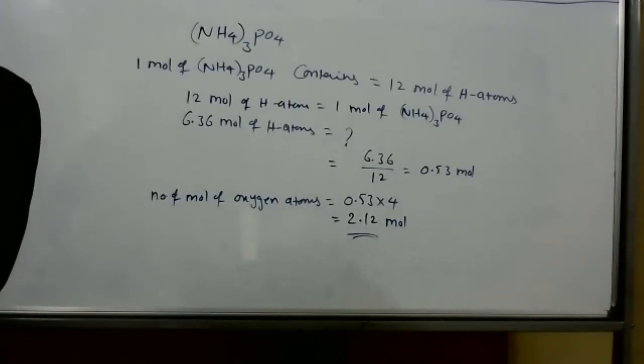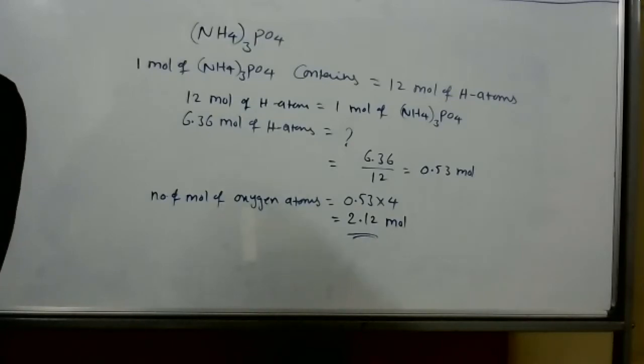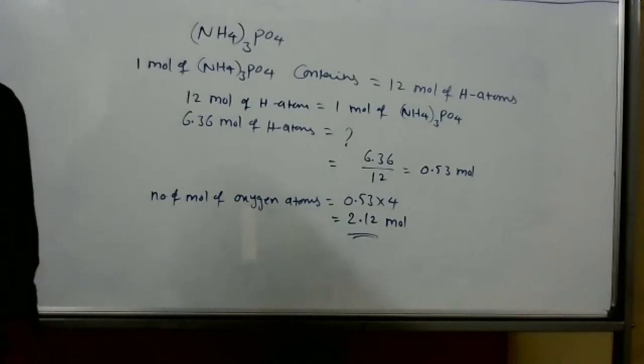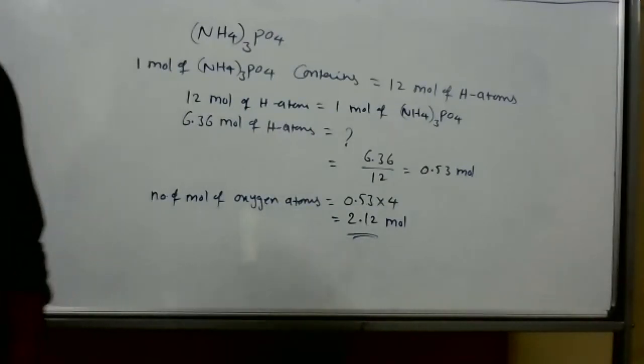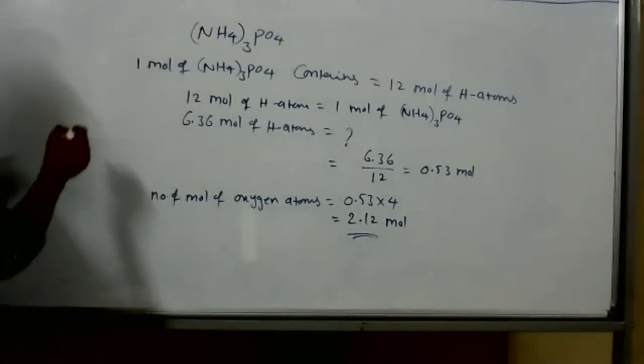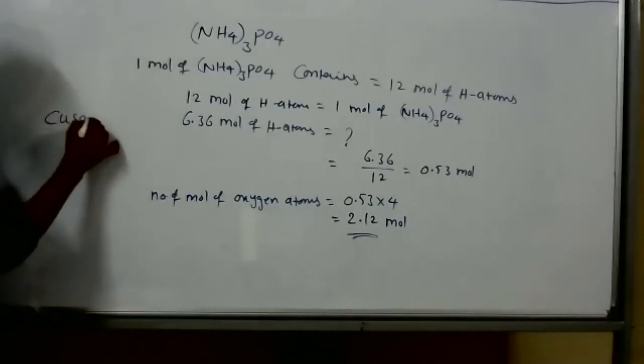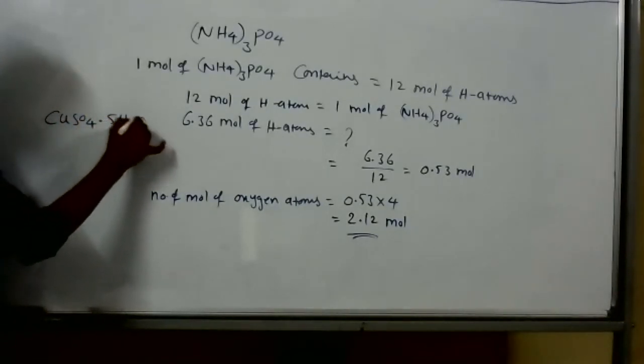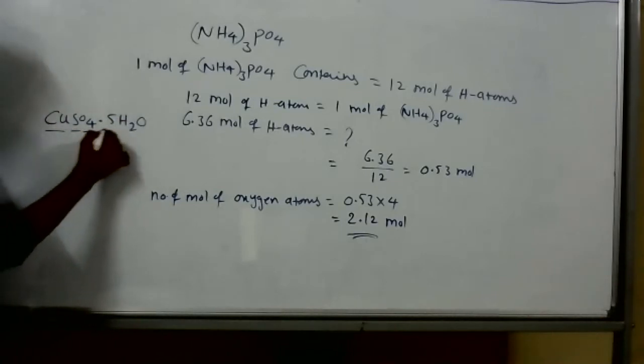Okay, fine. So a sample of copper sulfate pentahydrate contains 8.64 grams of oxygen. They've given only the oxygen mass. Then what is the mass of copper present? So here in copper sulfate pentahydrate, first of all, calculate the percentage of copper, oxygen, hydrogen and sulfur also. Then equate to 8.64 grams of oxygen, you will get the answer. See, first of all, calculate the mass percentage of copper, sulfur, oxygen, and hydrogen.